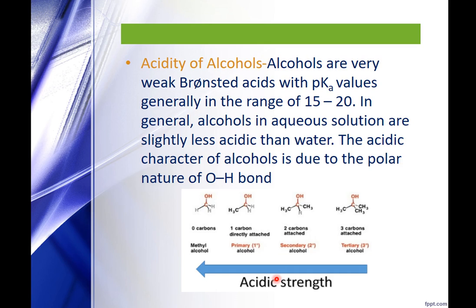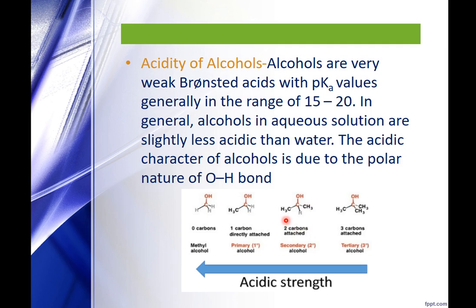Here we have compared the acidic strength of primary, secondary and tertiary alcohols along with methyl alcohol. In primary alcohol, this is one methyl group. Role of methyl group is it releases electrons to the carbon, making OH bond electron rich, or we can say removal of H difficult. In methyl alcohol, there is no such alkyl group which could donate electron. In primary, one methyl group donating electron, making the OH bond electron rich.